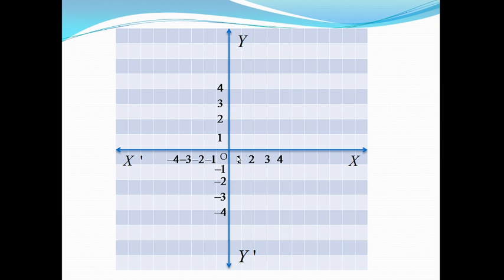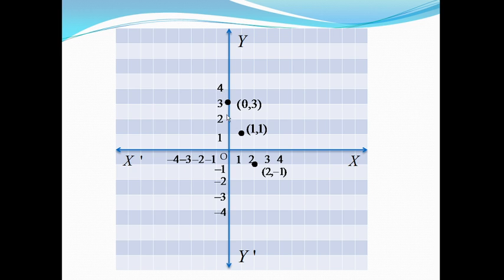So the very first point, when we substitute x is equal to 0, what was the value of y that we received? That is 3. So we will mark the point 3. Now name the coordinates (0, 3), because x was 0, so first of all x is written, so 0 comma 3. Now the second point was (1, 1) and the third point was (2, minus 1). Keep this in your mind, students, don't get confused. Always the first one will be the value of the x coordinate, always.